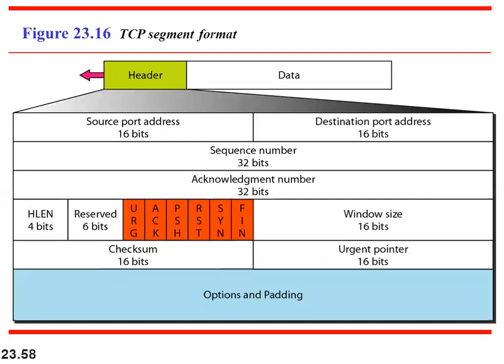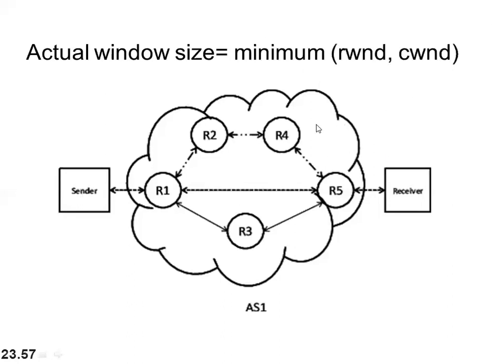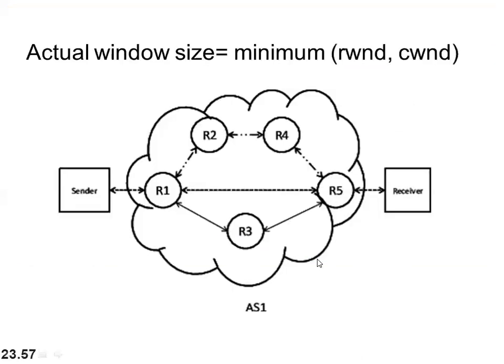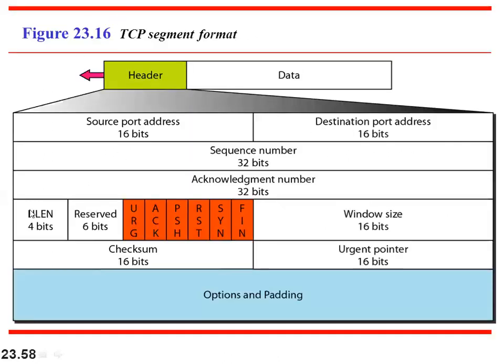Okay, so as I said, the window size will be equal to the minimum of the receiver window and the congestion window. The receiver window size is informed by the receiver to the sender in the acknowledgement packet. For whatever segment the sender sends to the receiver, the receiver is going to send an acknowledgement. The acknowledgement also has the same header format as the segment,